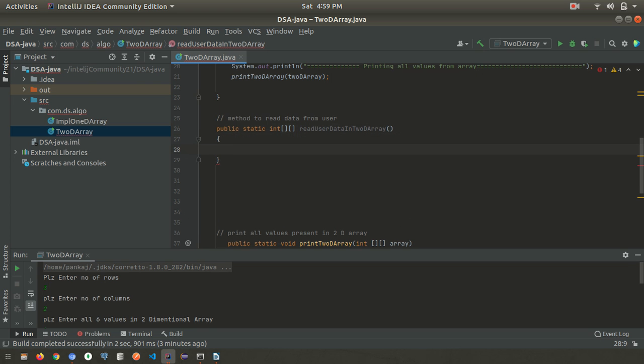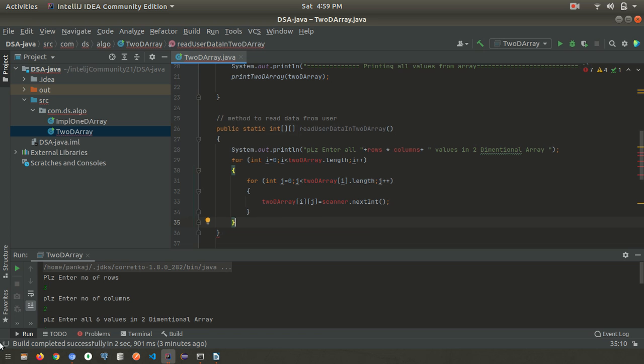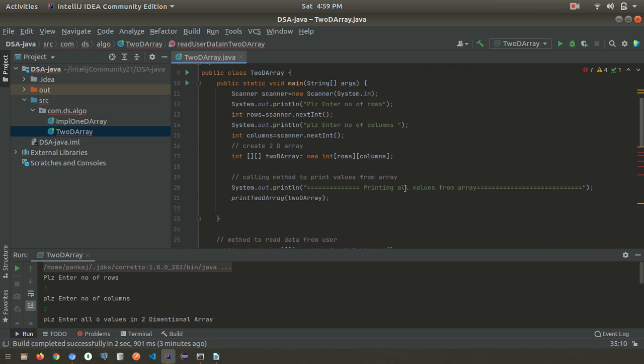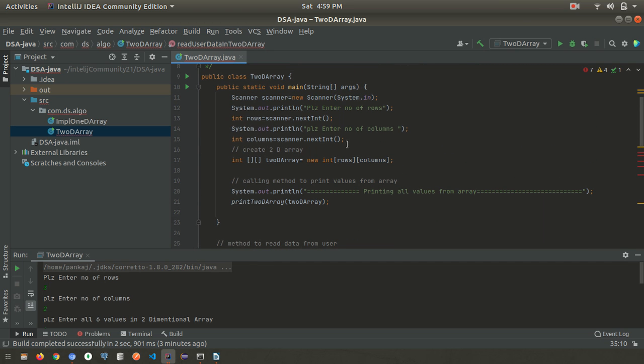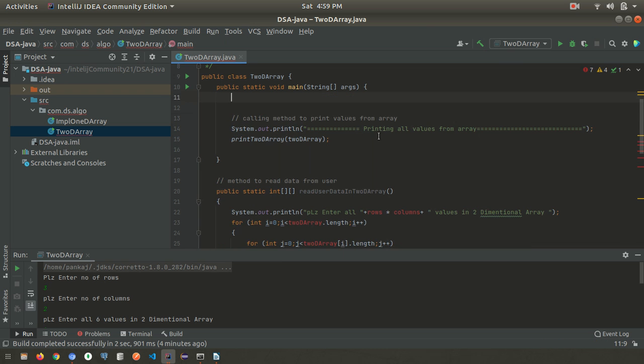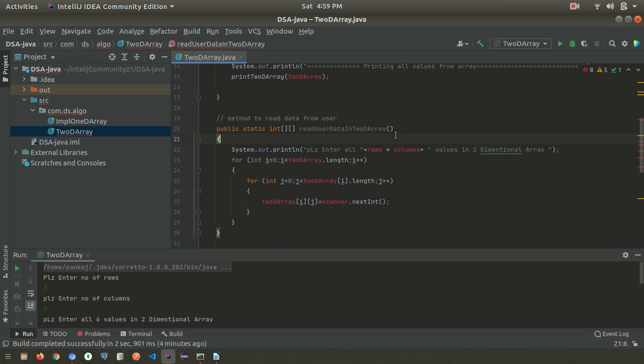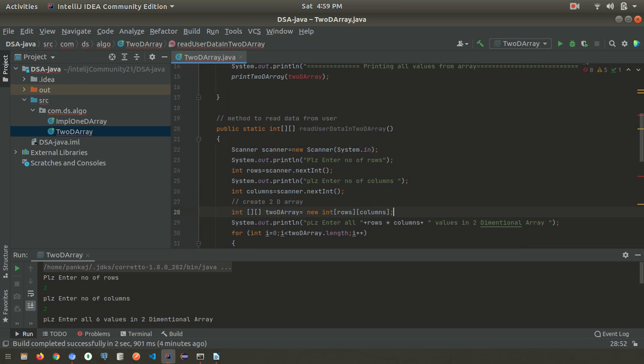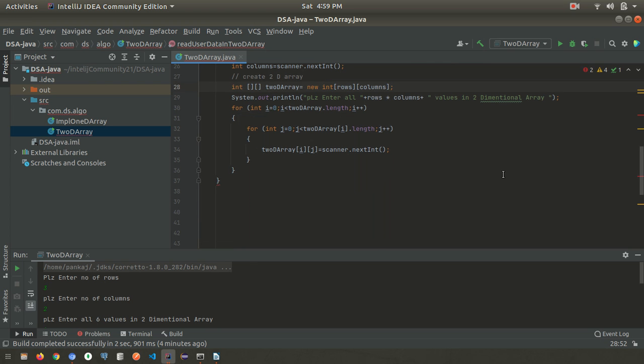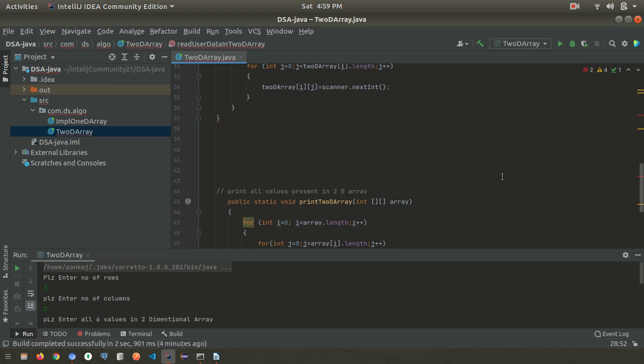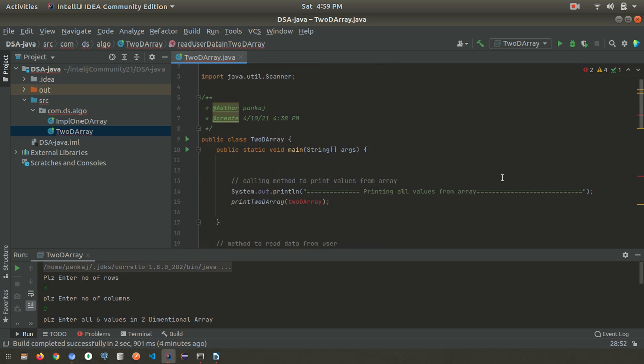Yeah, and this code we can write inside this method. Okay, number of rows and number of columns is also required there. So everything we will take here and put in this method.